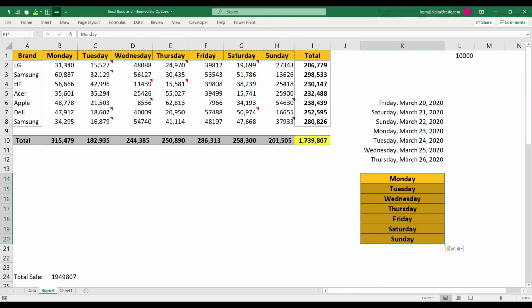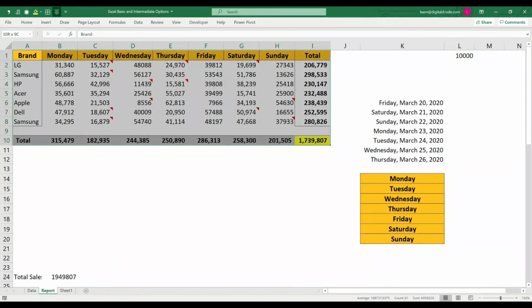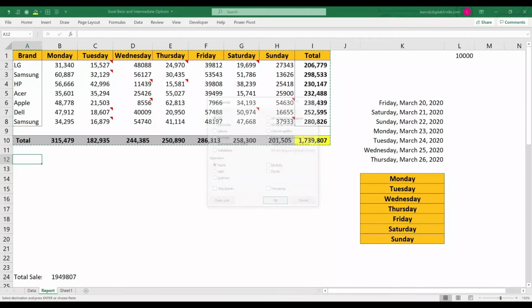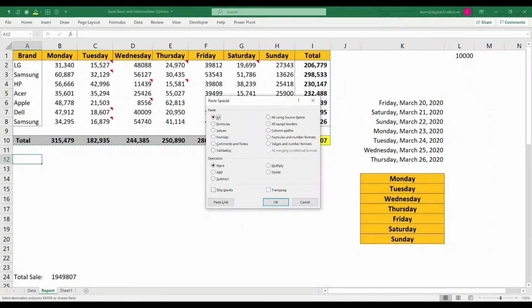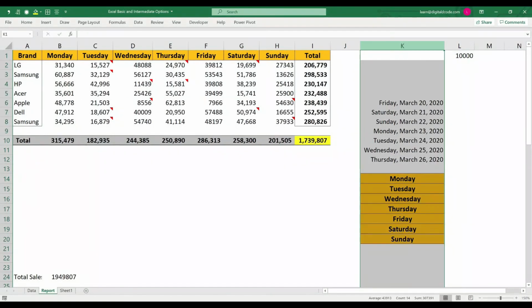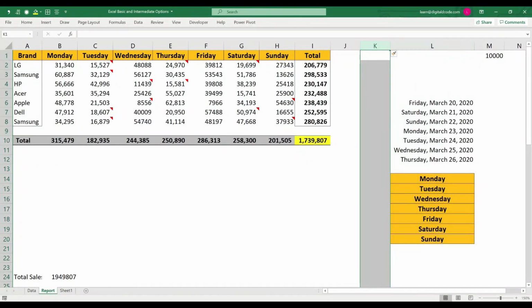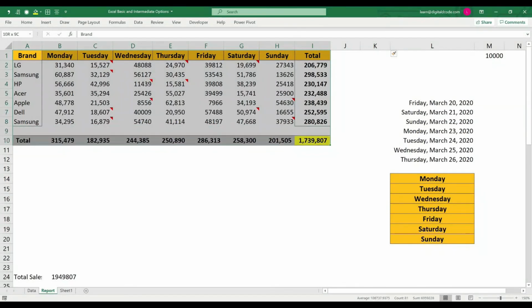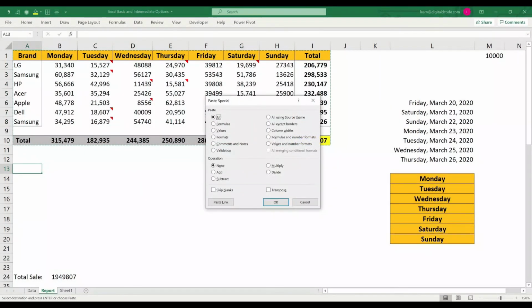I can also transpose the entire data. Let me select the entire data, copy, and go to any specific cell, Control Alt V to go to paste special, and click transpose. Let me redo this. Let me select the data, Control Alt V and transpose.